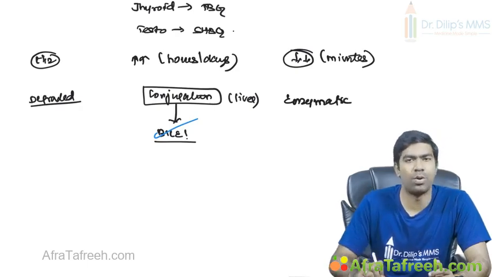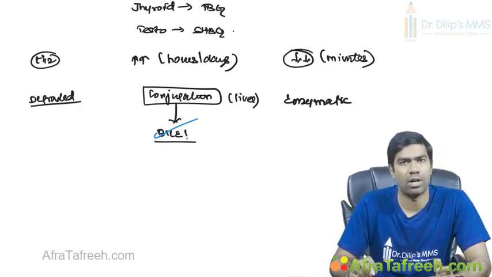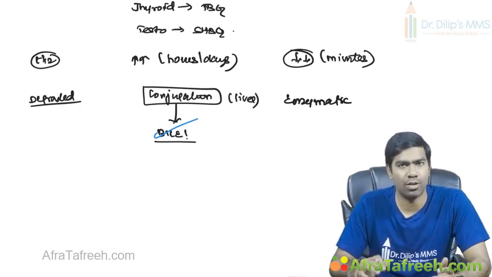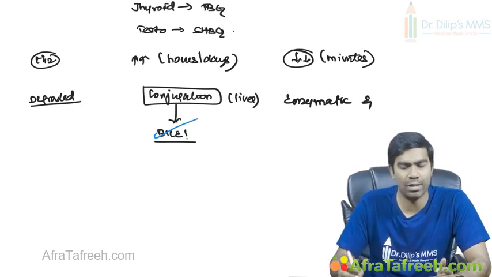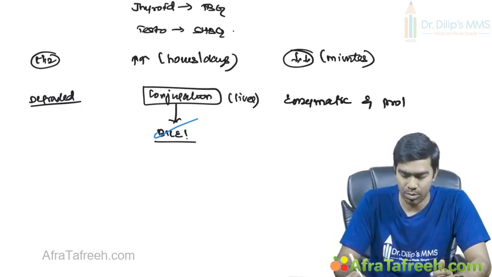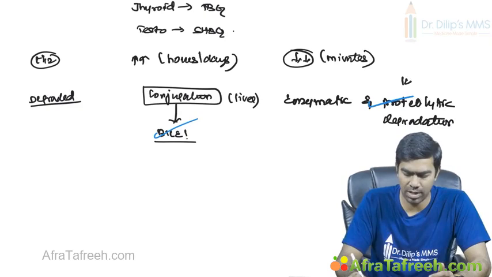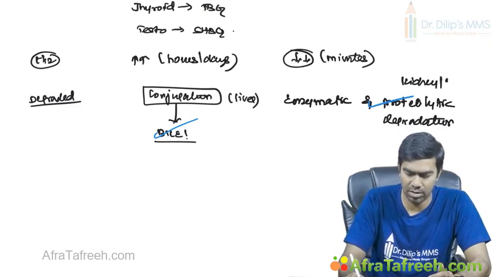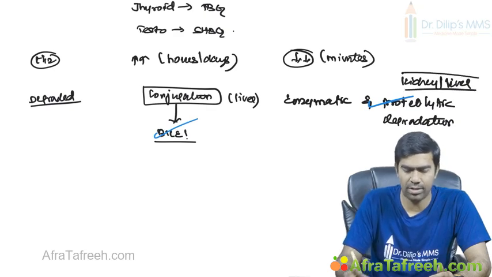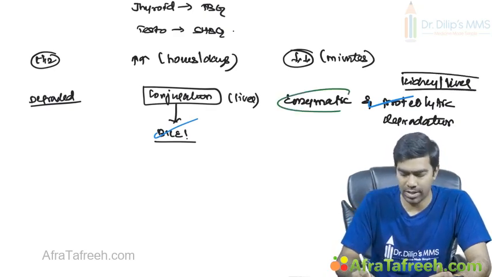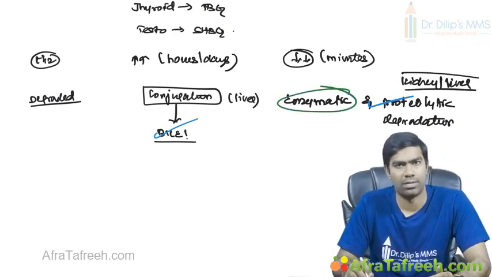Whereas these protein, peptide or amine based hormones, except thyroid hormone obviously, which is lipophilic, will be degraded by enzymatic and proteolytic degradation. This proteolytic degradation can happen in many places in the body. Typically it happens in the kidneys and the liver. Whereas this enzymatic degradation many times happens in the blood itself.